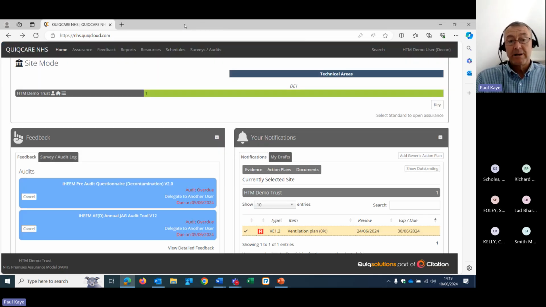So the AE is notified as soon as the pre-audit questionnaire is finished with a link that opens up the pre-audit questionnaire. They can see all the attached documents. They could request more information. They might reopen it and ask you to provide further information, or they might just ask you to email them or respond to other questions they might have.